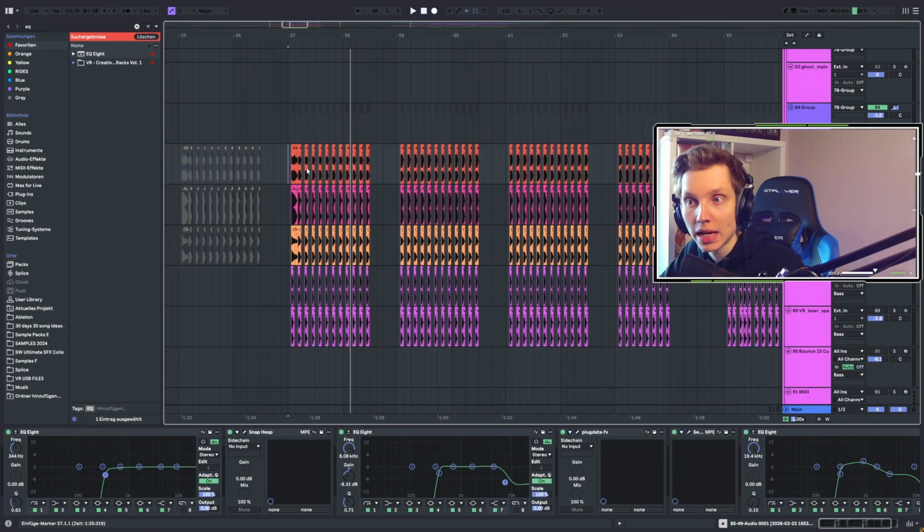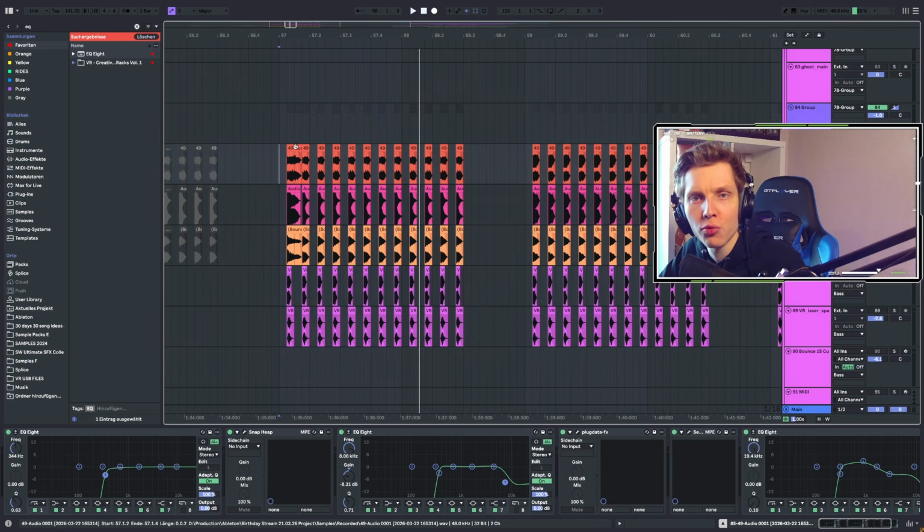And you can see that this arrangement has plenty of layers which are resampled because I prefer resampling my sounds,